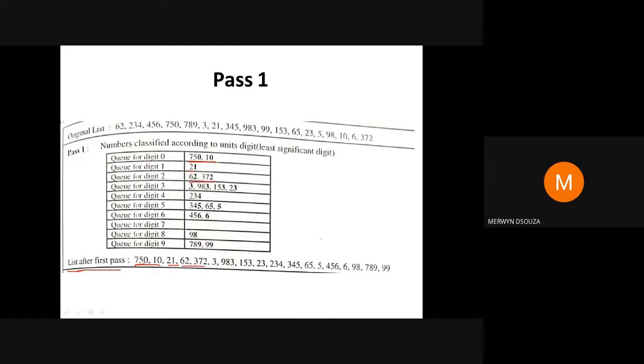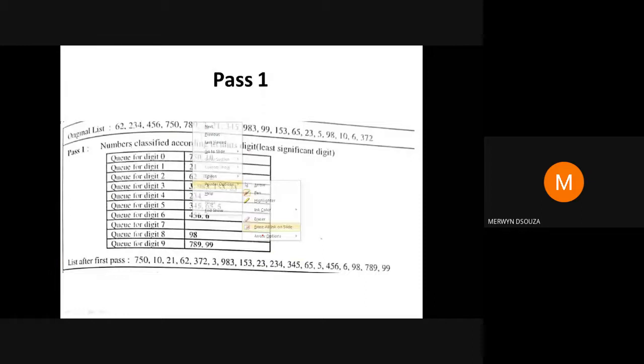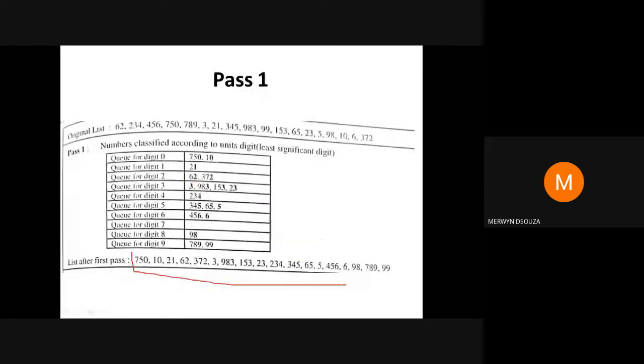Write all these numbers in the same order that you found them in the queues. Whatever you write here as the output will be taken as the input for the second pass. This is the output of sorting according to the units place.